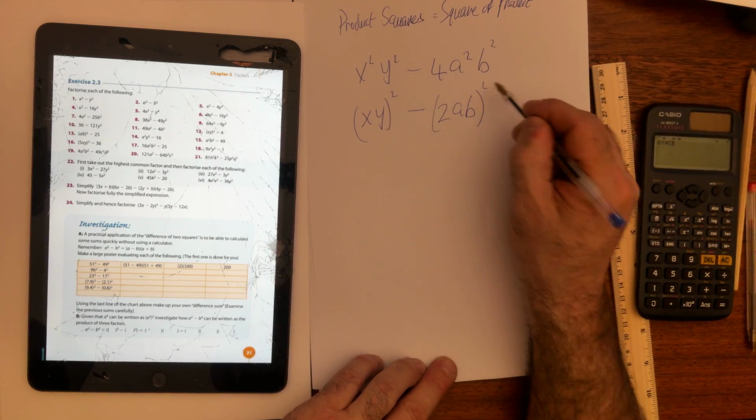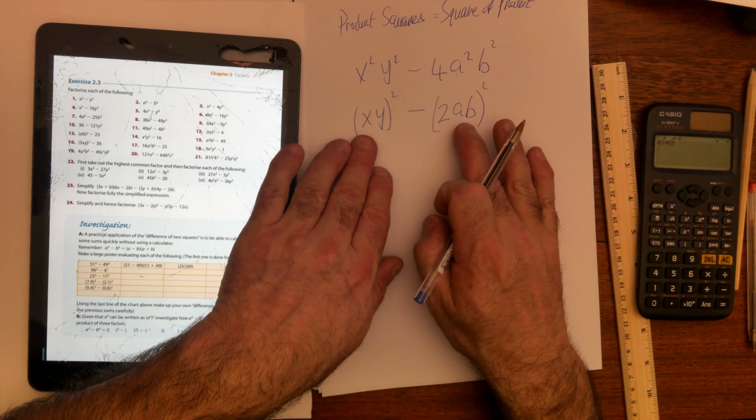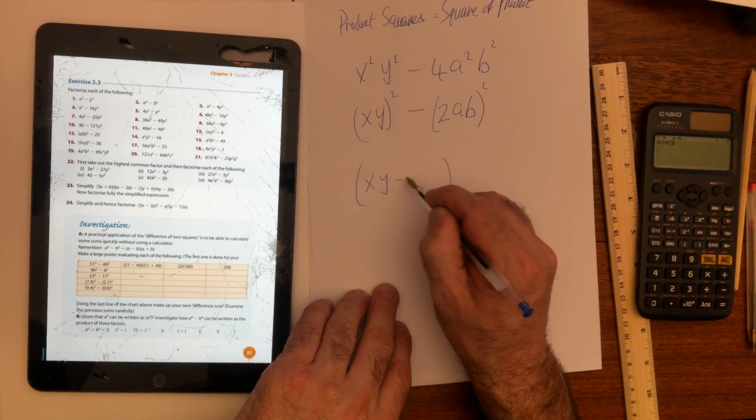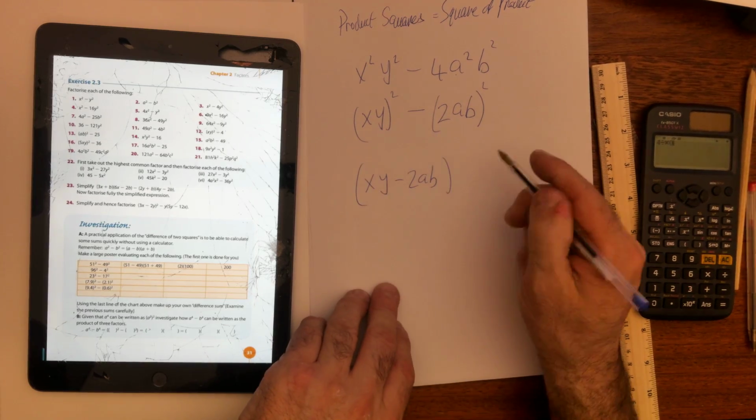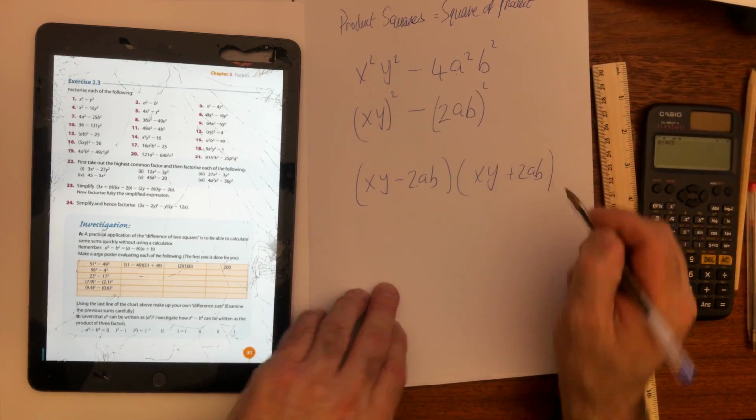Okay, this is a more challenging question. And then you say the difference of two squares is the product of the difference of the bases times the sum of the bases. Okay,